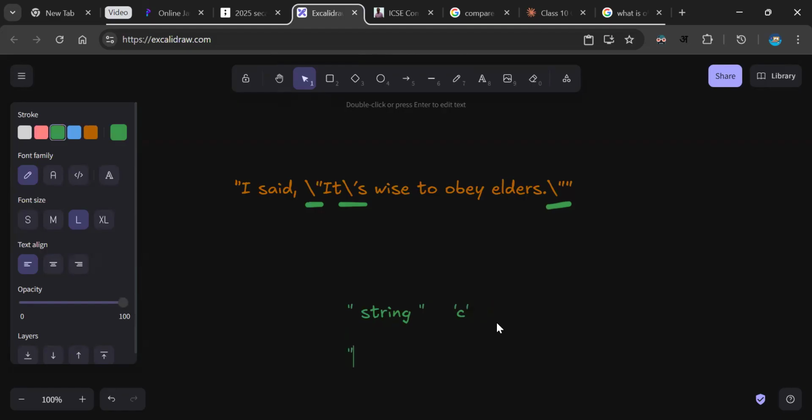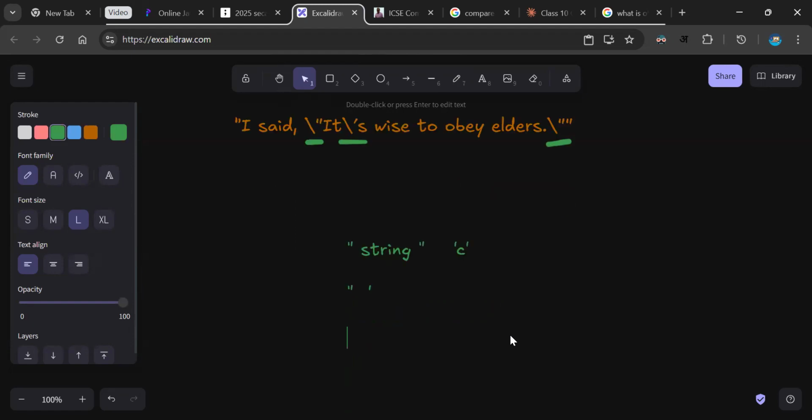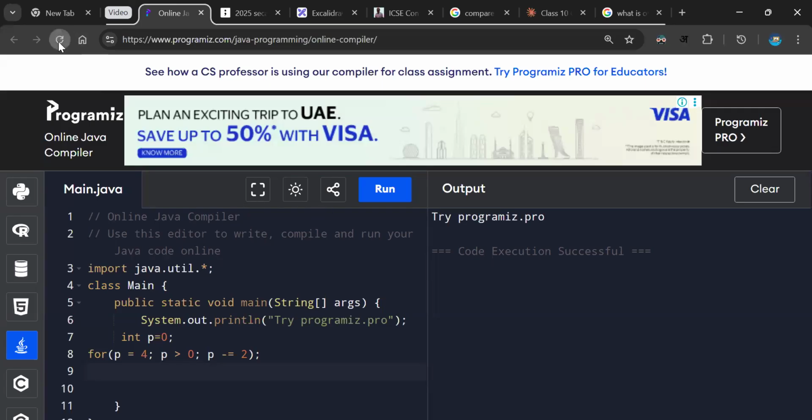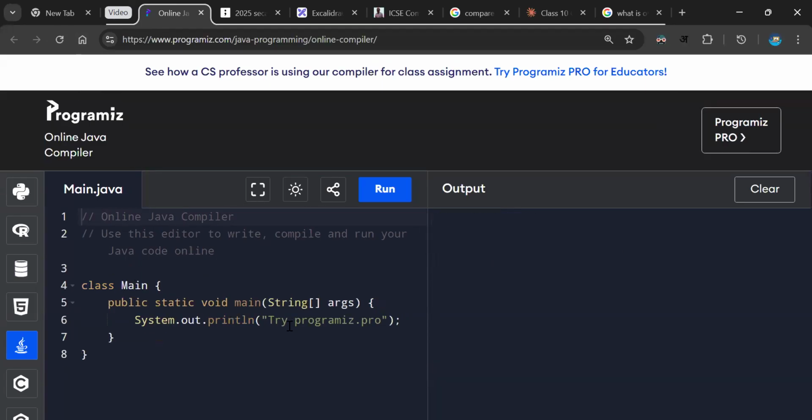But if we want to print this or this, then the compiler gets confused. So to avoid confusion, we write a backward slash before this and this, and then go to the compiler, refresh it,